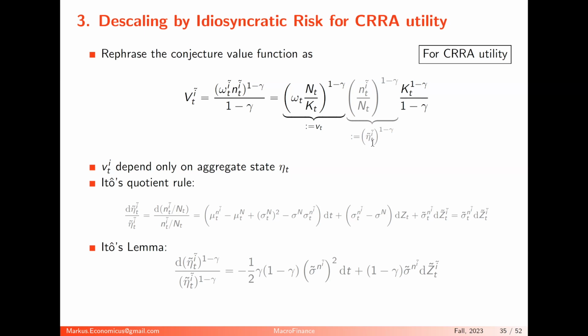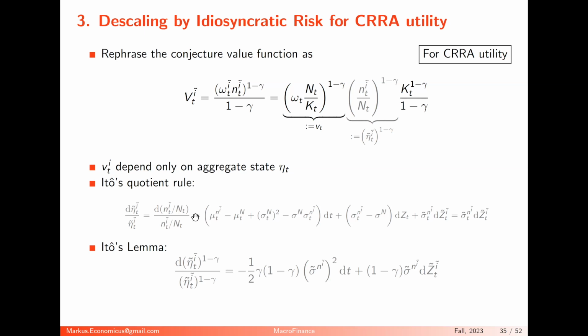Okay, remember eta was the net worth share of sector 1 relative to sector 2, and eta tilde now is the net worth share within the sector. Okay, and this is what we took out last time. Now I took out this guy as well, and then I have a little v, which I can treat the same across all agents within the sector. Okay.